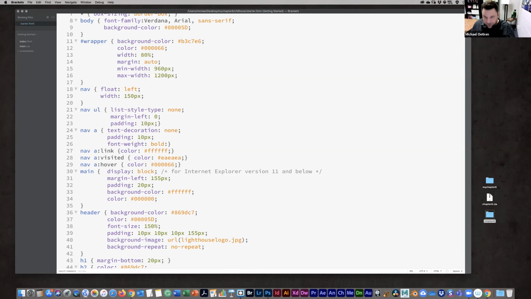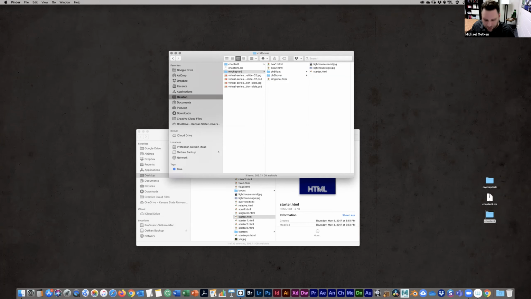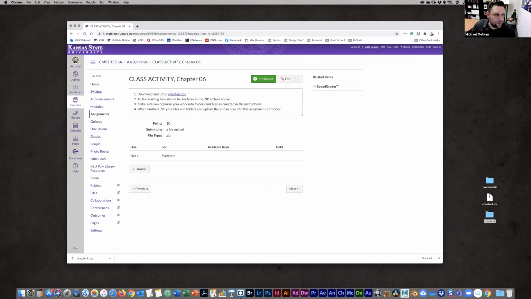All right, so let's go back to our folders here. Let's make a new folder called button. Oh, okay, we need that stupid template file from chapter 2. I forgot to get that. Let me jump back to Canvas.